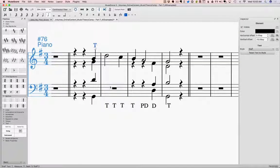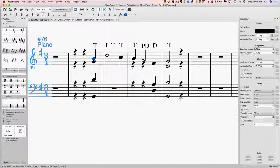Okay, just to keep things a little bit neater, I'm going to move this to the top, all my tonic dominant stuff, because I'm going to put these Roman numerals in there and it's going to get messy. Okay. So now, my first chord, first of all, I'm going to analyze this